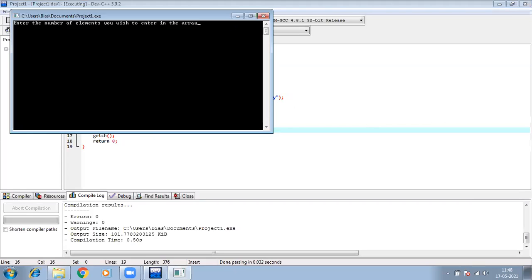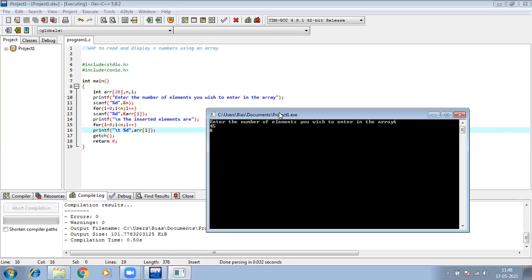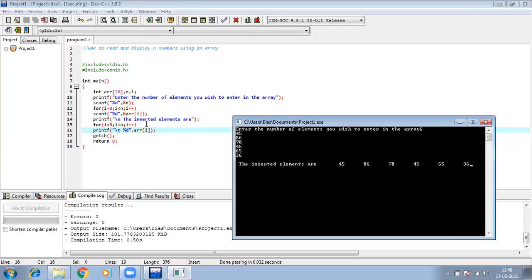Suppose I want to enter 6 elements, and I am entering the elements 1, 2, 3, 4, 5, 6. The moment I enter 6 elements, it comes out of the loop, and since I am printing the elements in that loop only, see, the elements have been printed. So this is the concept of array and how we use it, and how this for loop is working.